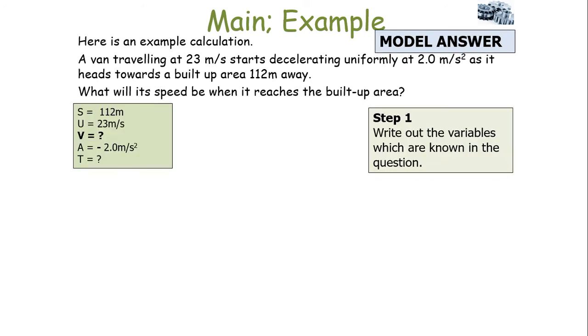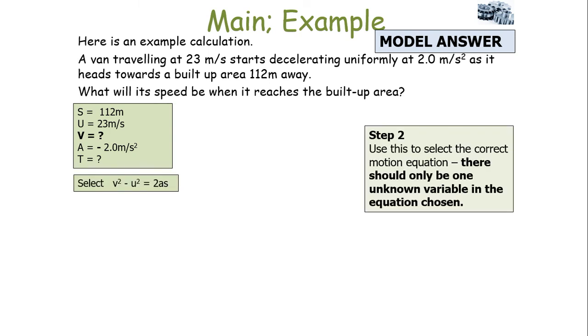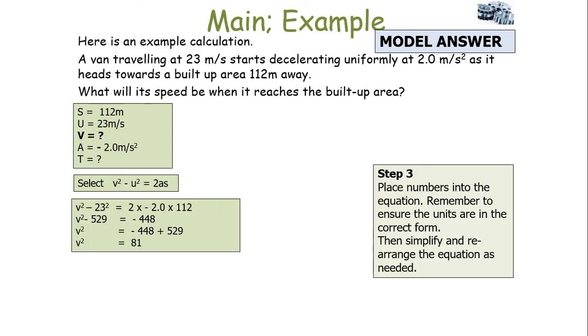Well, the first thing you do is you write out SUVAT: S, U, V, A, and T. Now remember, A is minus 2 because it's decelerating, it's slowing down. You then select the correct equation, you substitute in the numbers, you simplify each side first. When you're comfortable that you've simplified it, you take one across to the other side, you then work through your